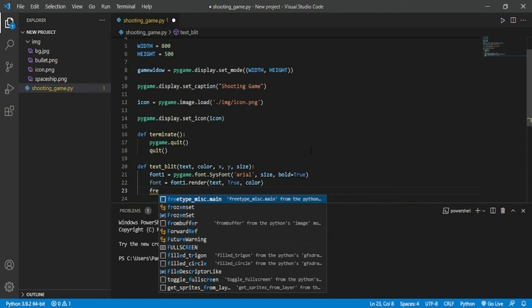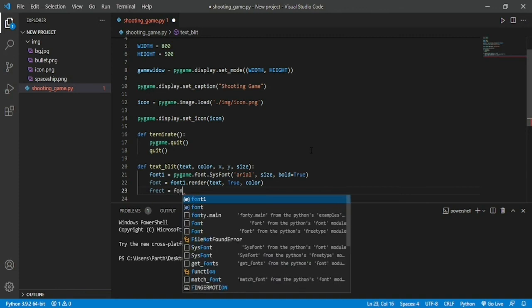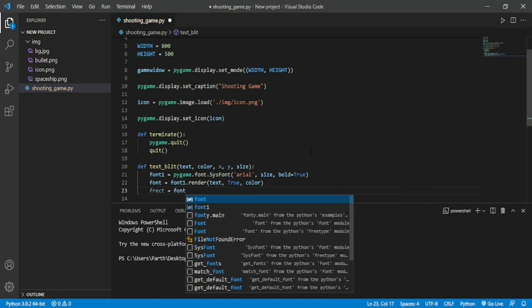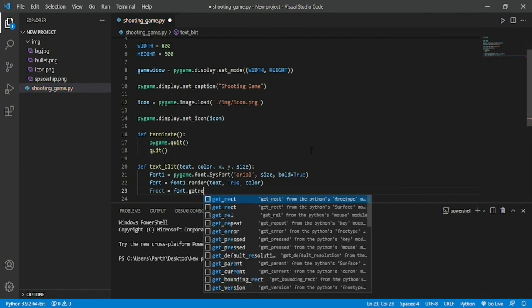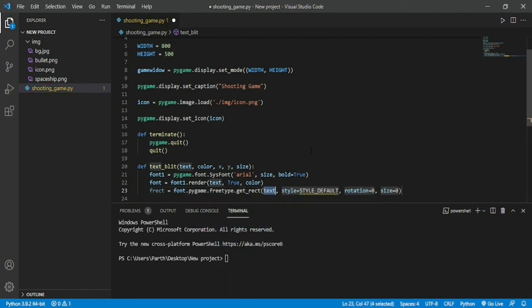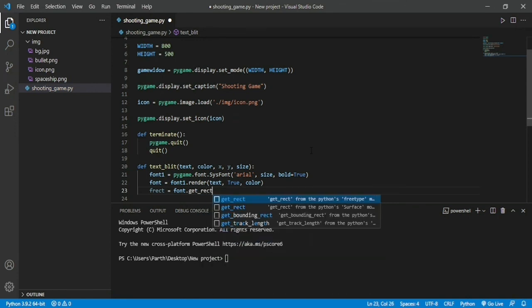Let's just call it frect. font.get_rect.